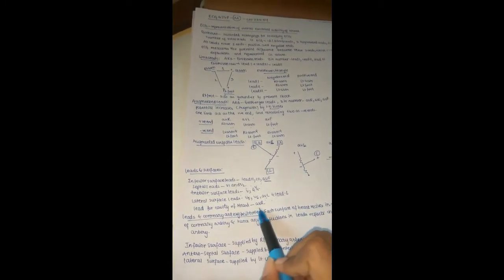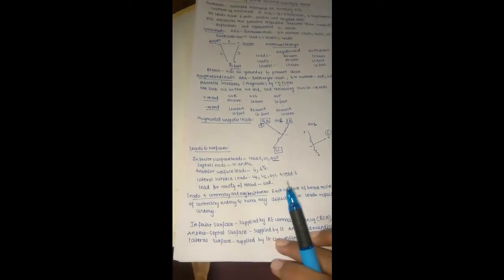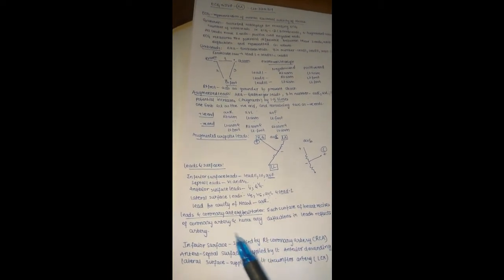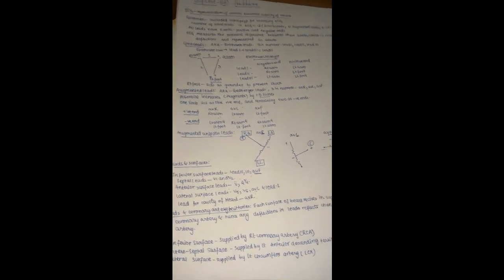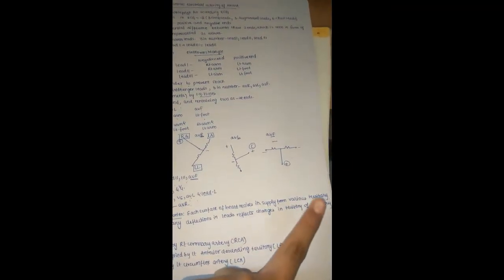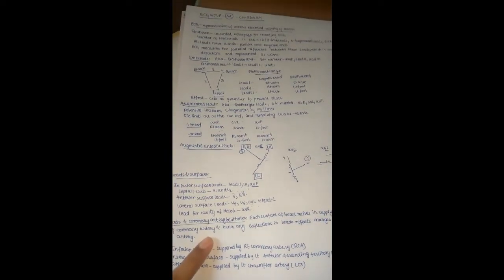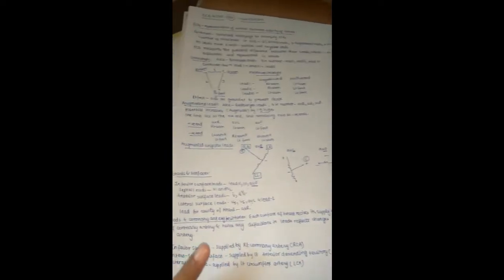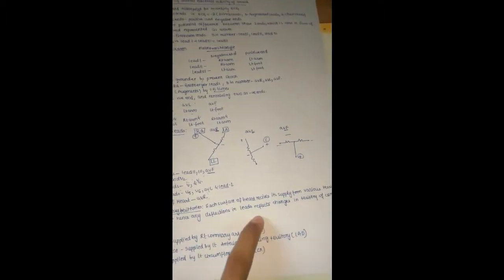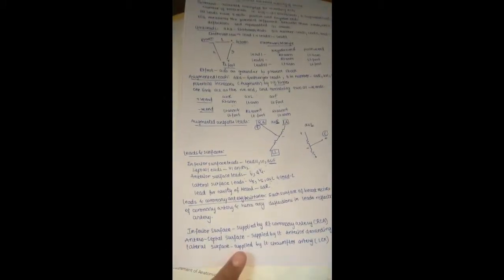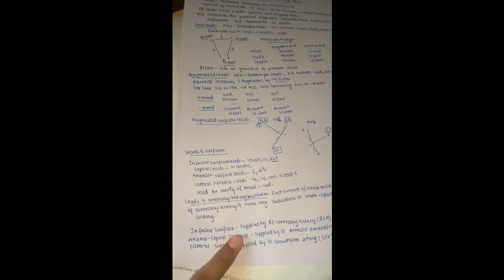And for the cavity, to see the cavity of the heart, we have mainly AVR. So now let us see the leads and coronary artery territories. That is how leads are connected with the coronary artery. Each surface of the heart mainly receives its supply from various territories of the coronary artery. That is, every surface of the heart is receiving its own supply from the coronary artery. Hence any deflections in leads reflect the changes in the territory of the coronary artery. So by this method we can easily find out the changes in the coronary artery.